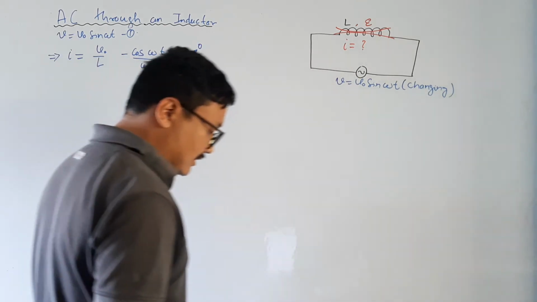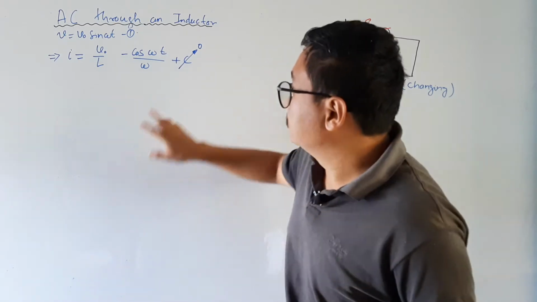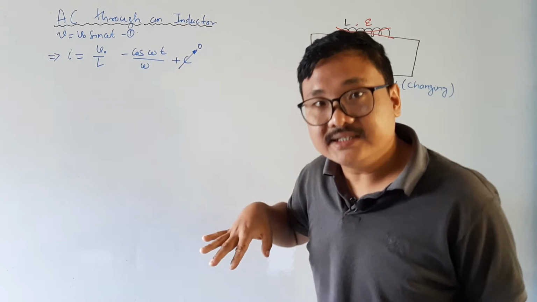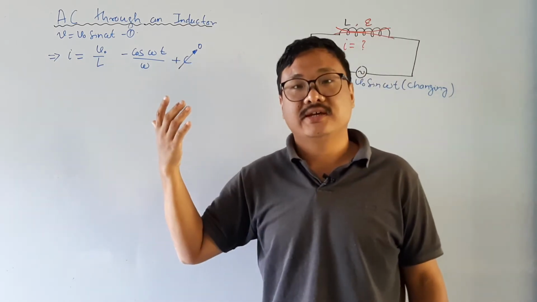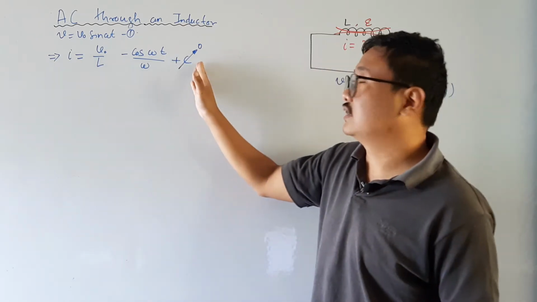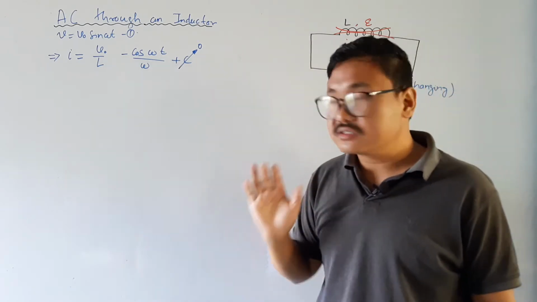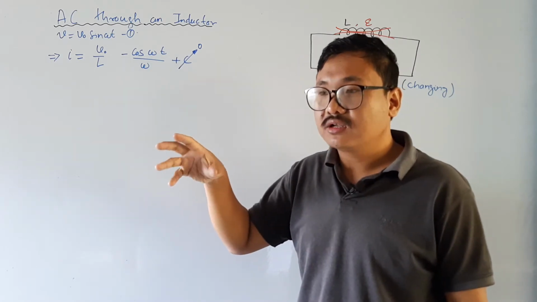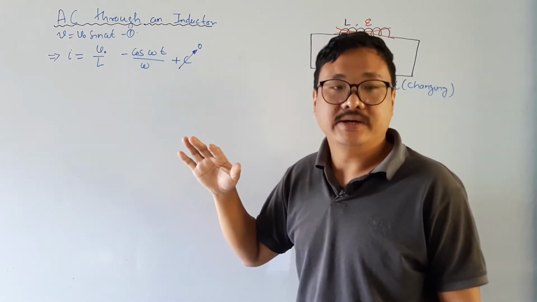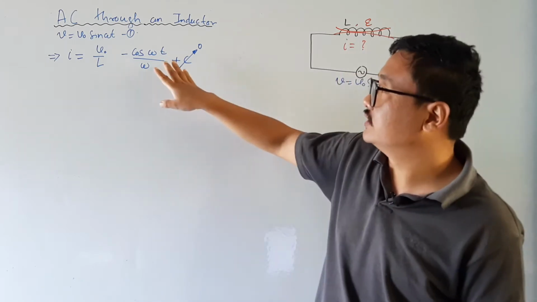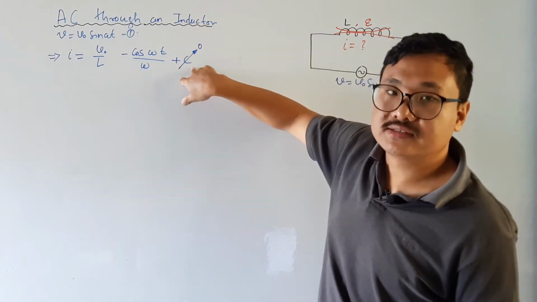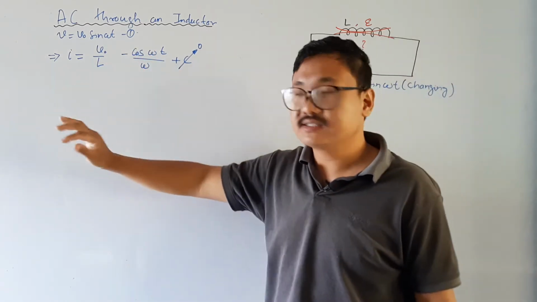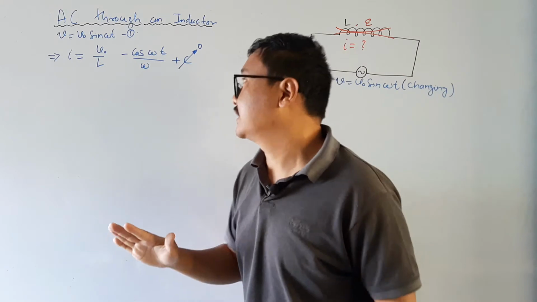Okay. Now in some lessons or in some books, this may not be written. It may be just written after this one, understanding that the c has actually become 0. But we can always write this. But there must be some reason why this c has become 0. Okay. There is something called time independent and time dependent, but I don't want to go into the deepest knowledge of the c, but I will rather say that because of the symmetry of the current and the voltage, this c is 0. Okay, so this is done.